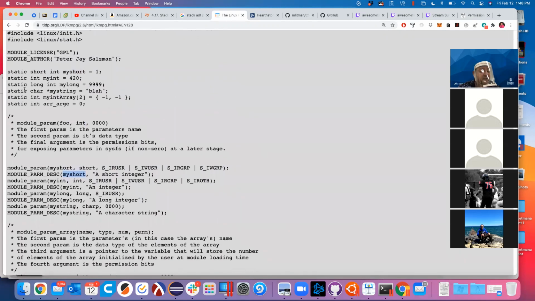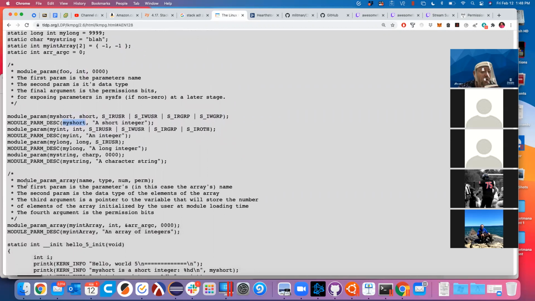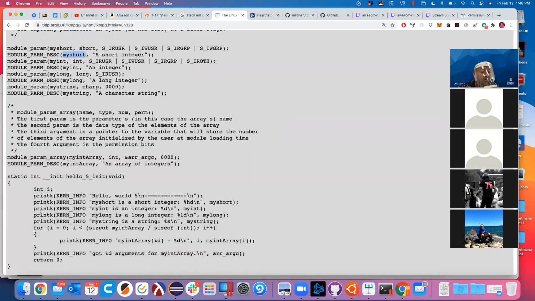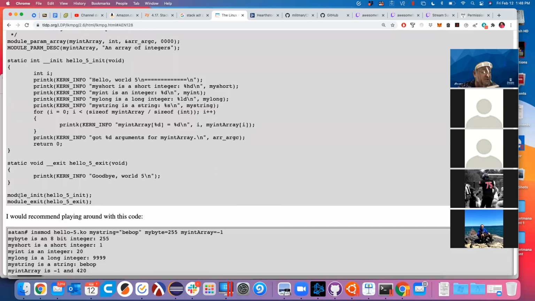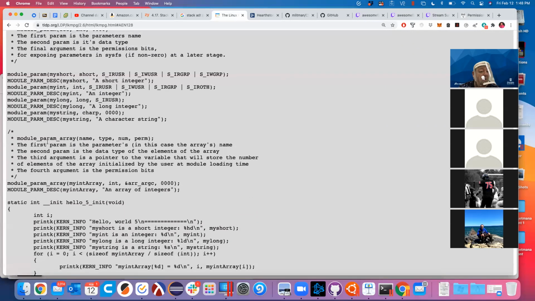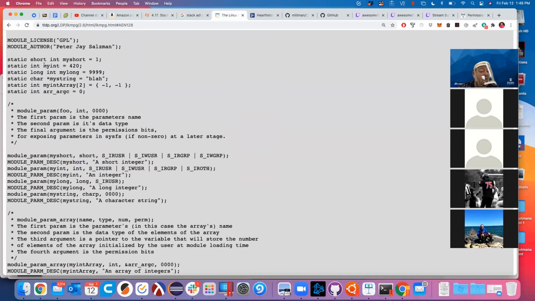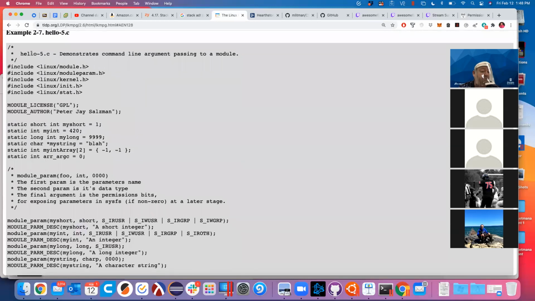Now, notice these things are all at the top. These module param things all came before our function call. Our function call still happens the same way as before, where we are initializing it, we're Xing it somewhere else, and we're going to be insmodding it to add it into the kernel. But as part of this function, hello 5.c here, which is just an expanded version of what we wrote last class,